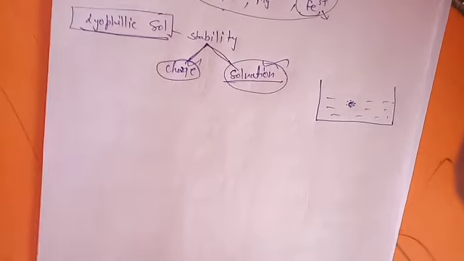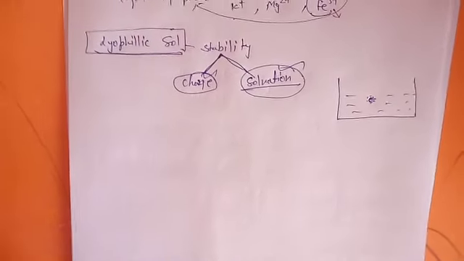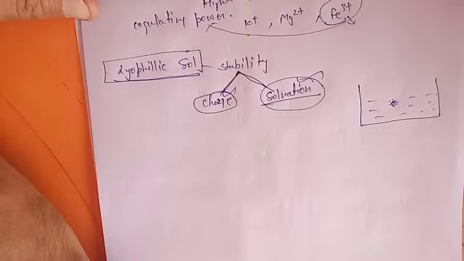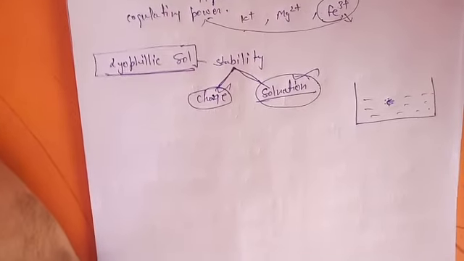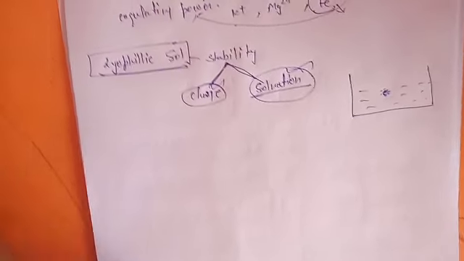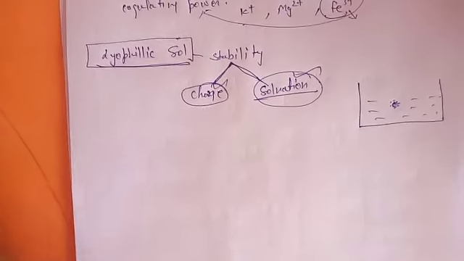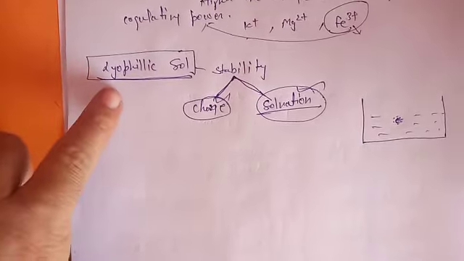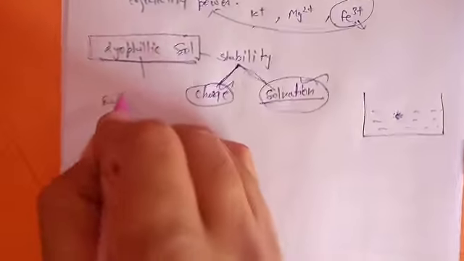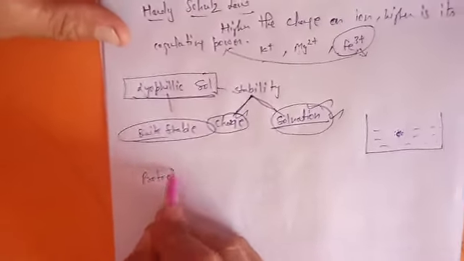Okay, so lyophilic sols are quite hard to coagulate. Ultrafiltration methods can be used to separate the dispersed phase and dispersed medium particles, and we can prepare the sol again, particularly the lyophilic one. Okay. Now you very well understand that lyophilic sols are quite stable due to their attractive nature, or you can say high solvation. So that's why they can also act as protective colloids.